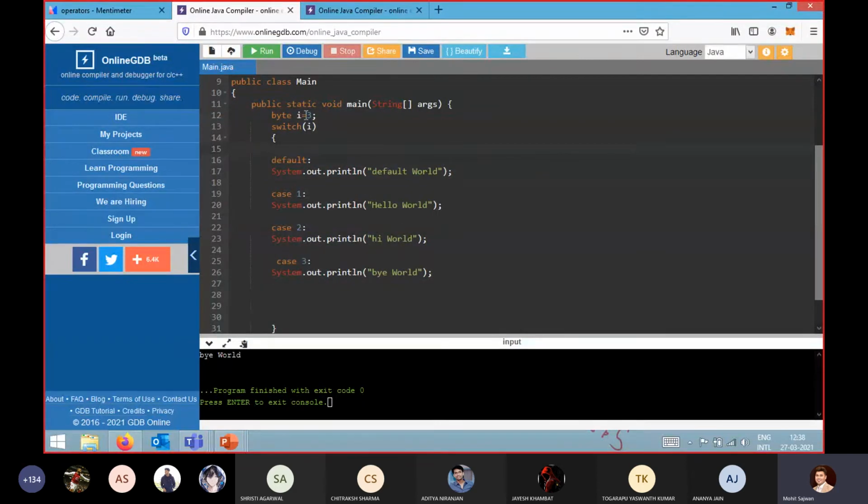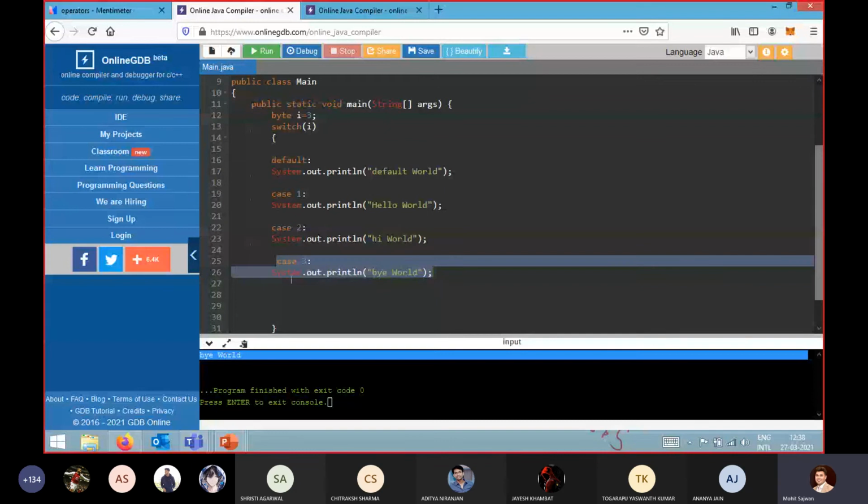Now let's assume case 3 is satisfying the condition. Case 3 satisfies the condition, so it will execute this statement properly. If there is any statement after this, it will print those messages too. But here you can see there are no more cases after case 3.